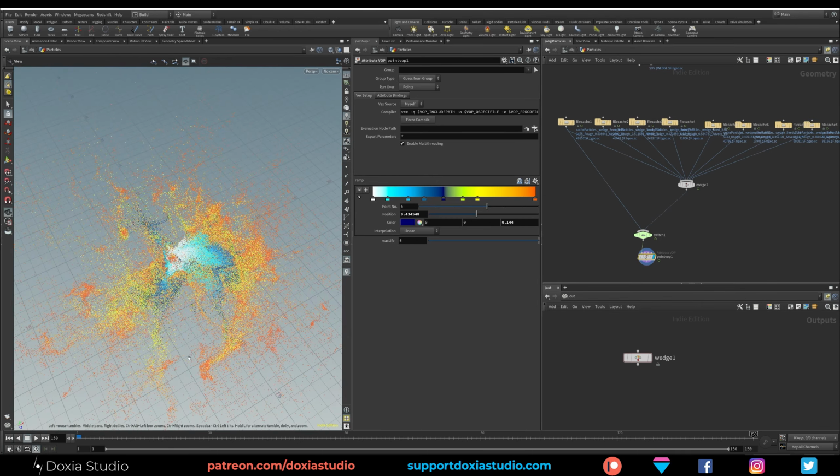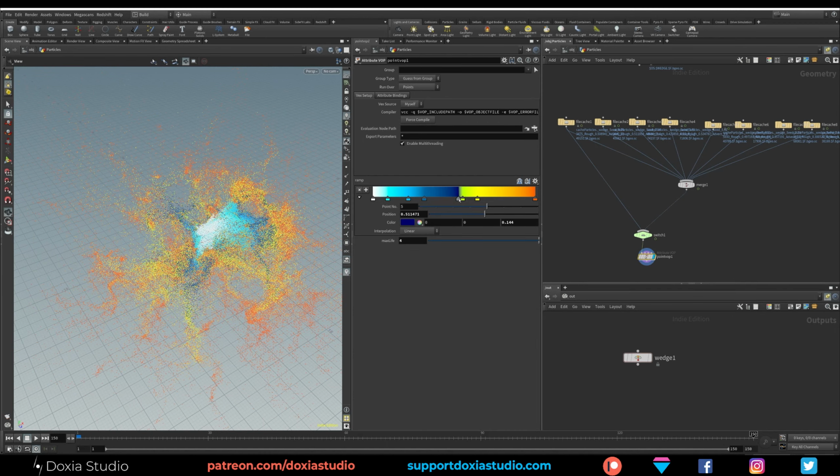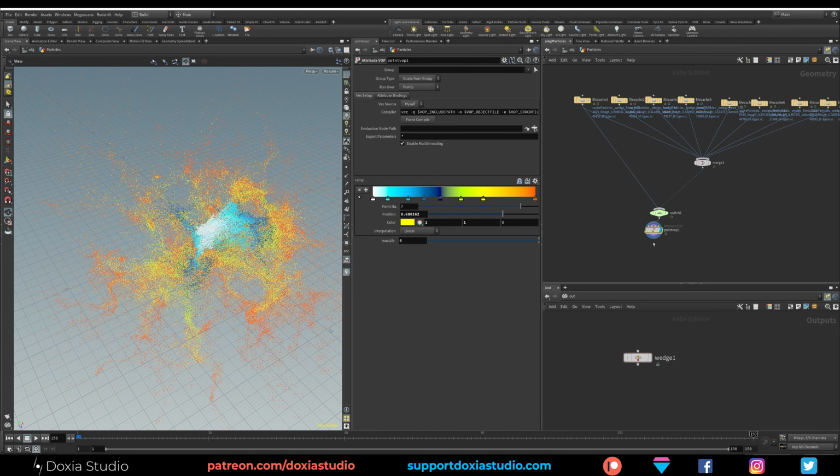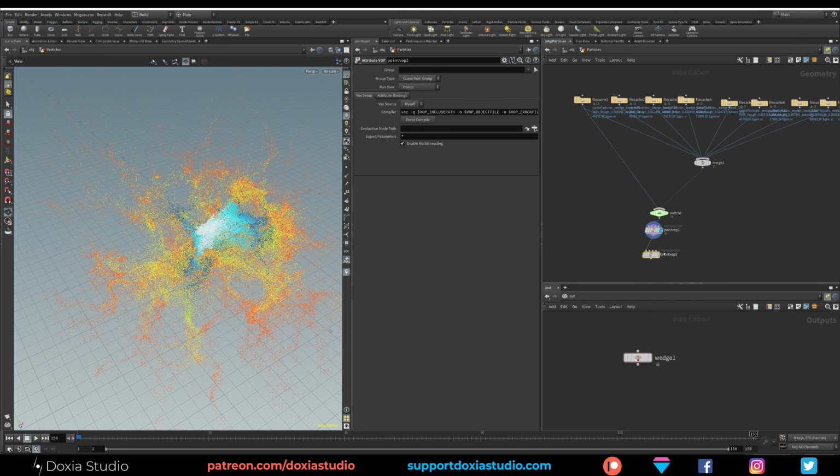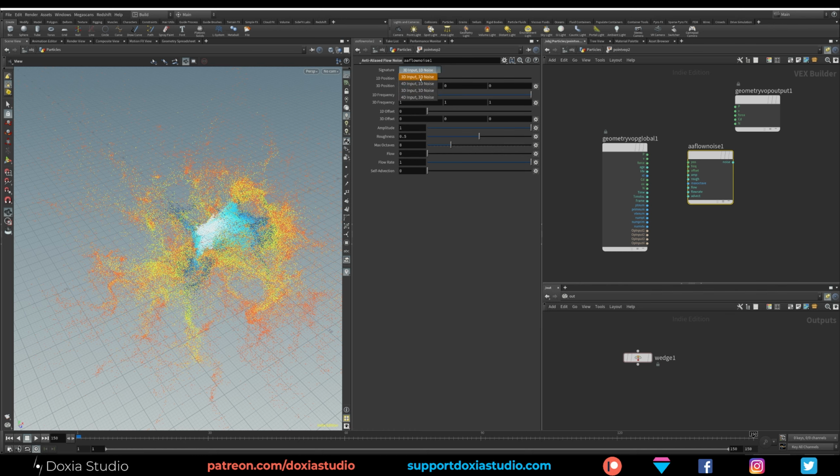Okay, that is cool. And we are working pretty fast. As you can see, I'm switching colors, and I can even come and add another point pop. Let's keep adding some more stuff. And let's place another flow noise. Let's randomize. Let's go 3D to 3D noise.